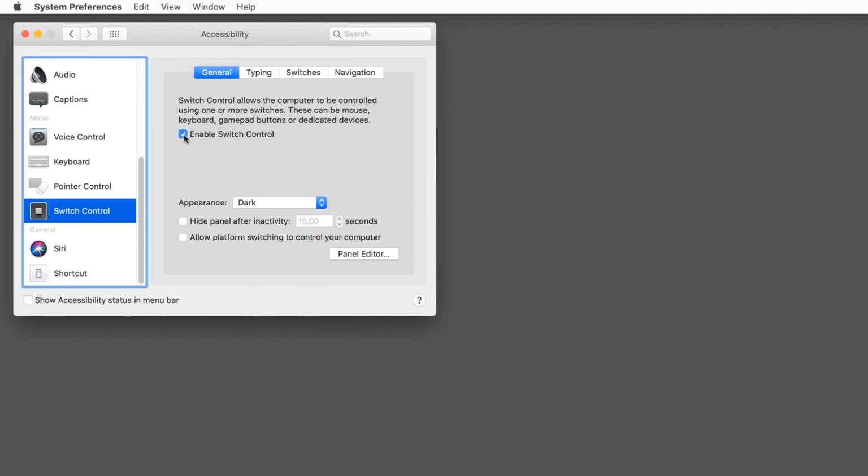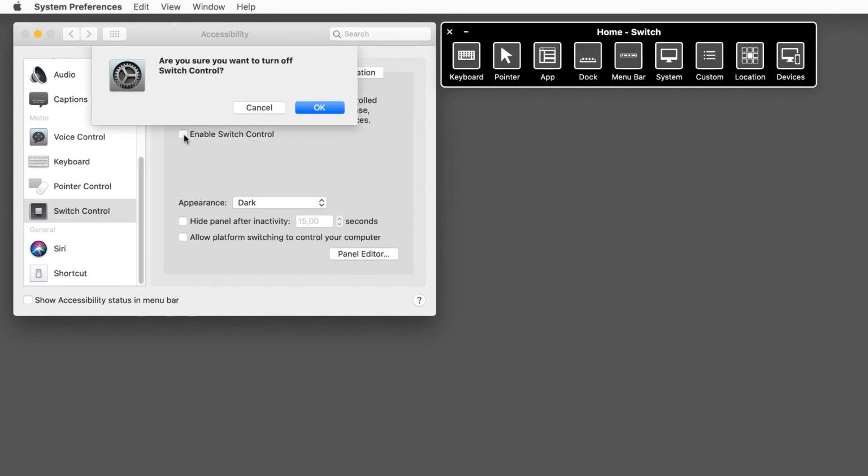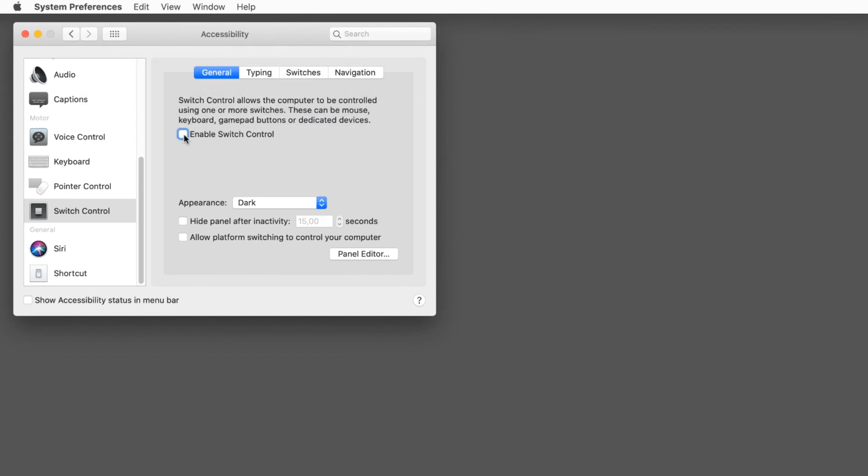Let's try another mode. The app mode scans items and groups in the active window of the app in use. Let's try to deactivate switch control using the app mode. Please note that I am using just one switch, the spacebar, on my keyboard. As you can see, this works perfectly, but requires a lot of time. Switch control offers several different scan modes and many options to choose from. As switch control requires a lot of training to operate all the different panels and modes, we will not explain them here.